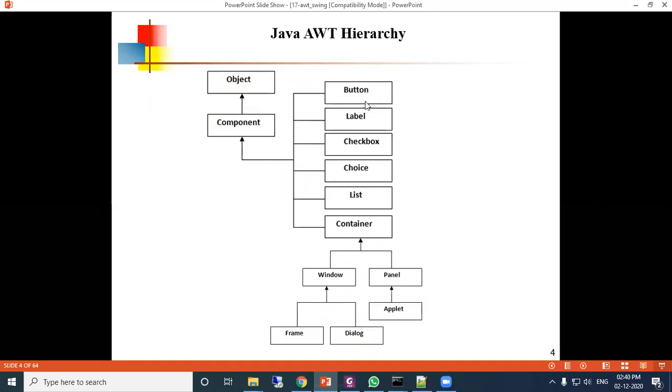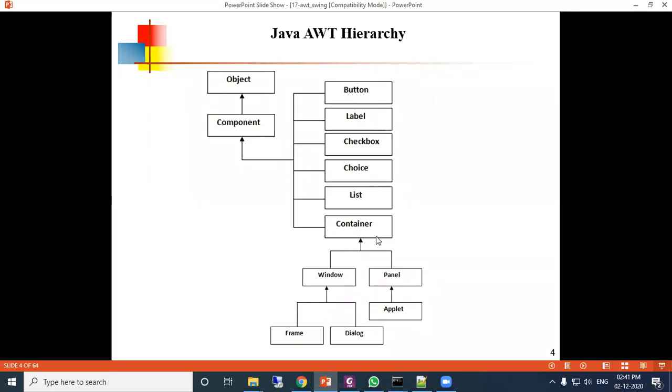Under the Component class, these are the subclasses: Button, Label, Checkbox, Choice, List, Container. The Container class has Window and Panel. These are the two types of container. Window is a container, panel is a container.